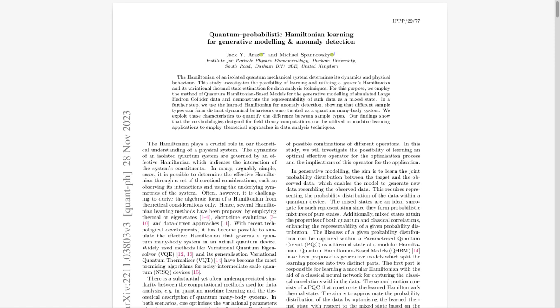Precisely. And what these researchers did was they represented data as a quantum mixed state, which is kind of like saying that the data exists as this blend of multiple possibilities. And this actually mimics the uncertainty that we see in both quantum mechanics and in how our brains process information. So instead of a computer seeing things as black or white, we're teaching it to embrace the gray areas, the maybes. Exactly. And by doing so, they found that they could train a system to not only recognize patterns, but also to pick out anomalies, those things that stand out as unusual or unexpected. That's fascinating. It's like our brains are doing quantum calculations all the time without us even realizing it.